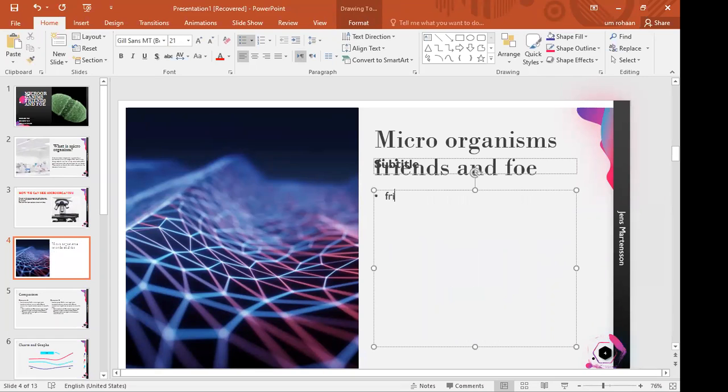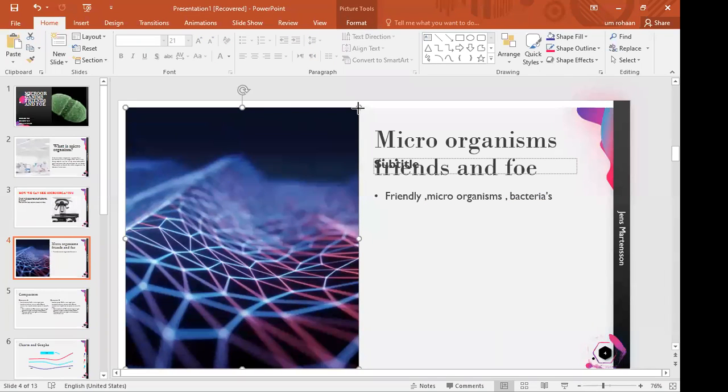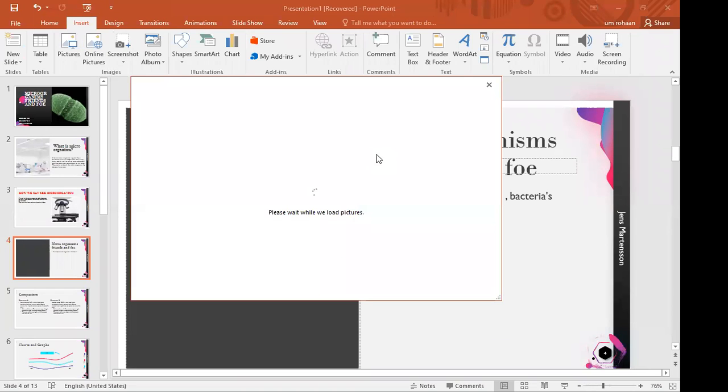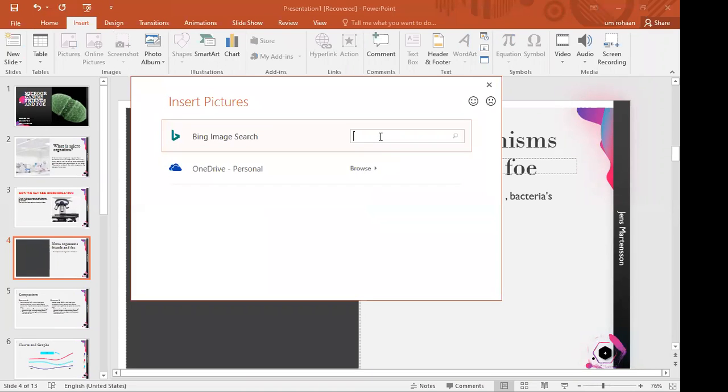Friendly microorganisms or bacteria. Okay, friendly microorganisms and bacteria. How will we write here? We will cut this one, and then we will go to insert online picture, friendly bacteria.